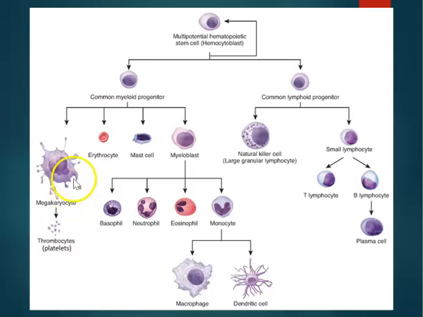But today we're going to focus on the megakaryocyte that ultimately leads to our platelets or our thrombocytes. And this is on the myeloid side. Remember, we split from the stem cell, we go to the myeloid side or the lymphoid side. Well, today we're focusing on the myeloid side that will give rise to the megakaryoblast and the megakaryocyte